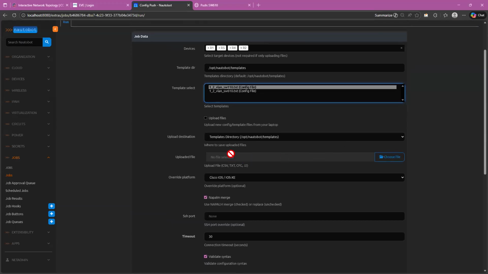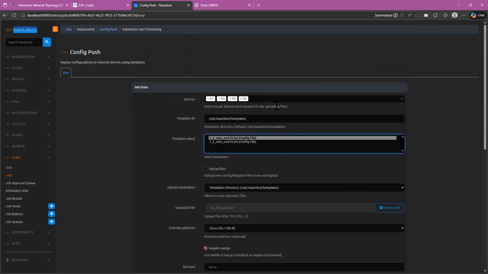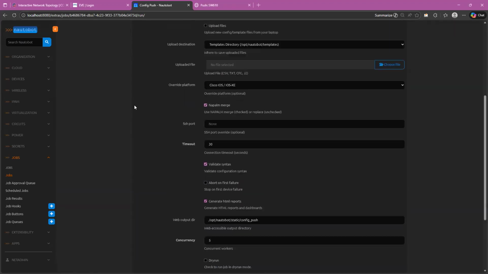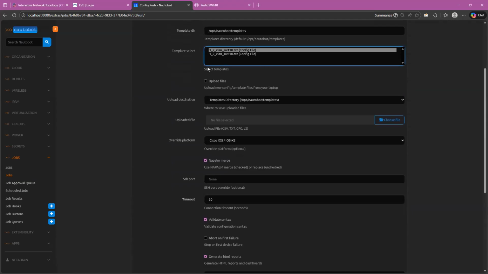Now, if you have some template and you want to upload from your system, you can click this choose button and then you need to select that template and this template will be uploaded here. Got the point. So this is one type of automation which is doing template management, right? And then the configuration management, config push management. From one dashboard, we can do all those things. Okay, this is one demo.